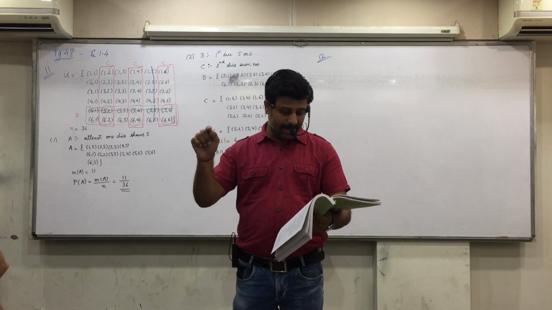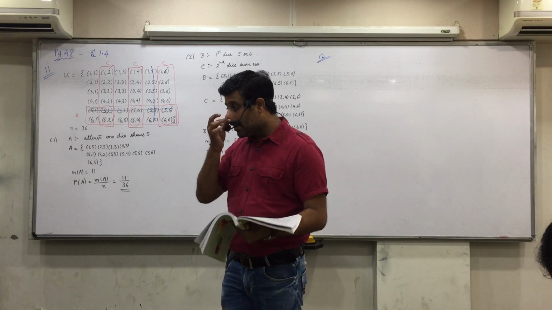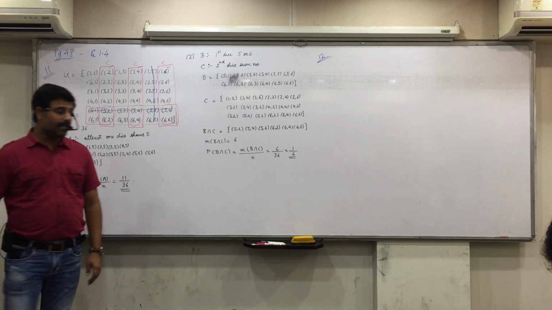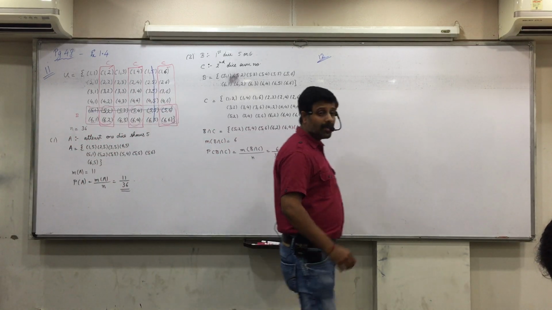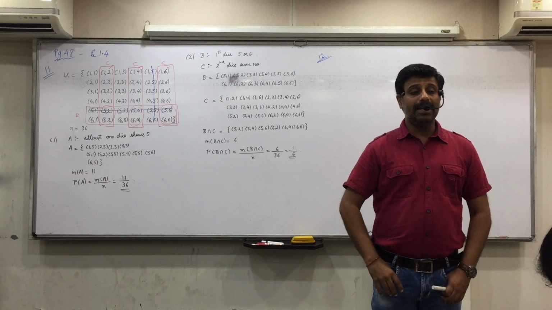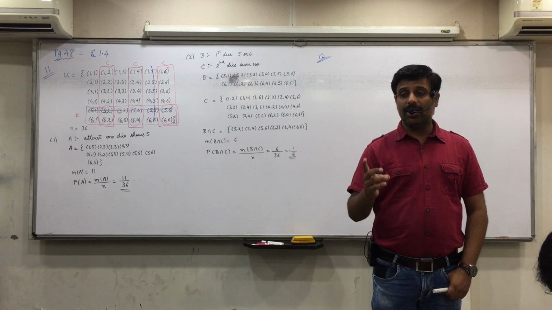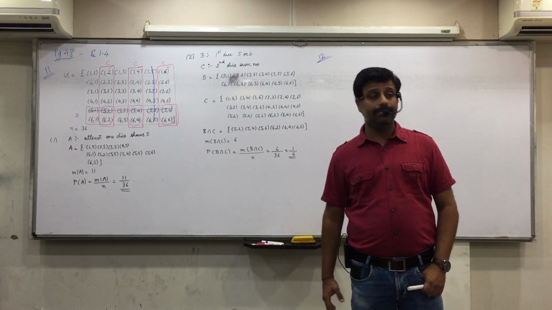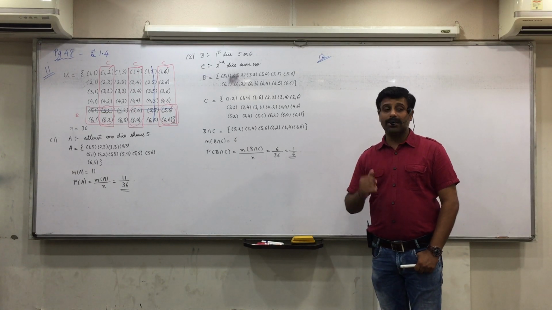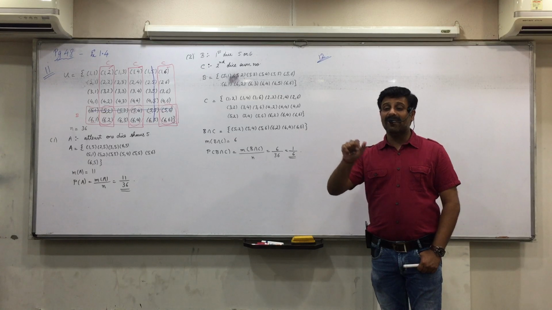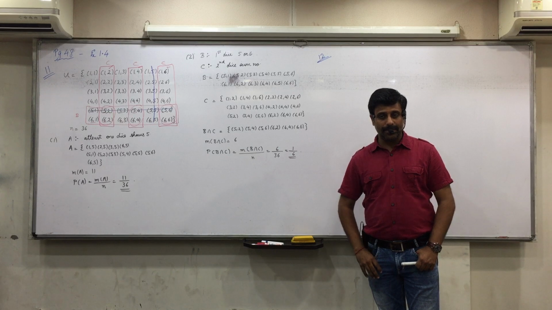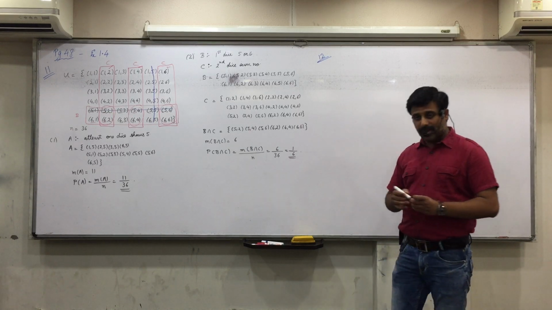So let Tanya be A, Kathan B, Kirti C. Now the question is to find the probability that the problem is correctly solved. Where did we see the word "is"? In the law of addition, "is" means union, so write down A union B union C. Either or at least will be A union B union C. So the problem is solved correctly means either Tanya solves it or Kathan solves it or Kirti solves it, or any two of them solve it, or all the three solve it. Means A union B union C. Any confusions with it?